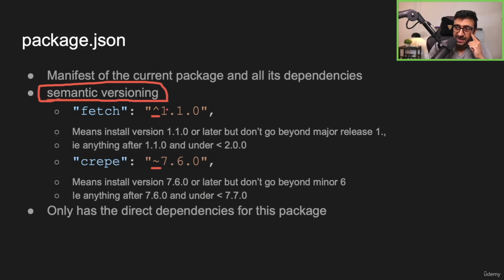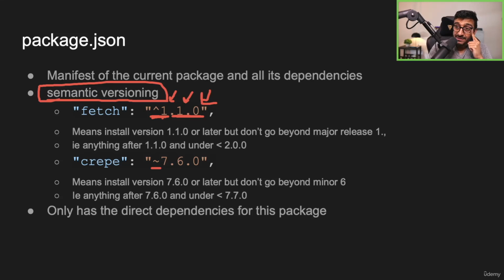If you have a caret, it means you can use this package up until the next major version, but never exceed it. So the minor and the patch can go up freely. This is called the major, this is called the minor, this is called the patch.